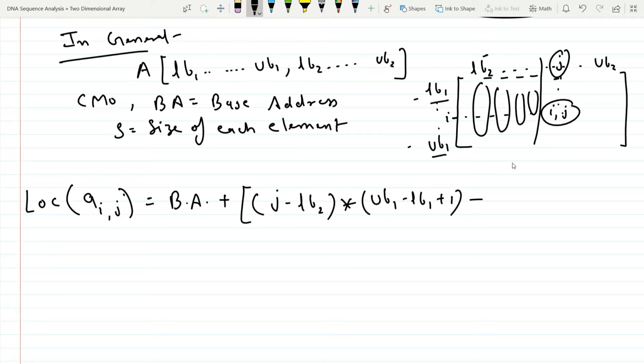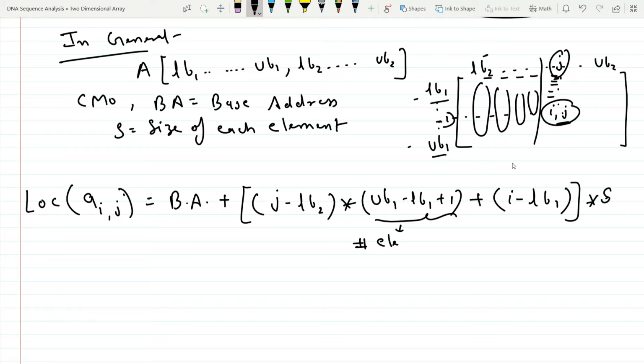Now how many elements did we just cross to reach i comma j? So ith row we are supposed to move. How many elements? I minus lb1. So it is I minus lb1 and multiplied with, now that we are at our final target point, the size of each element. It is S.